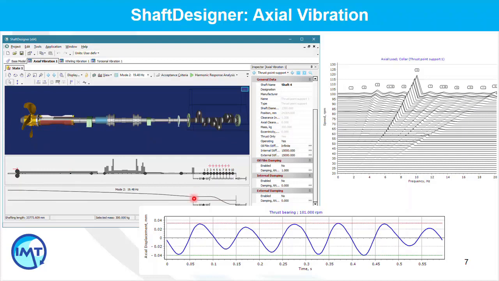And forced axial vibration calculation provides all necessary parameters for analysis of axial vibration caused by engine cylinder excitation and varying thrust of the propeller. And the results can be shown in different ways. One of the ways is a waterfall diagram that provides the overview of vibration amplitudes,